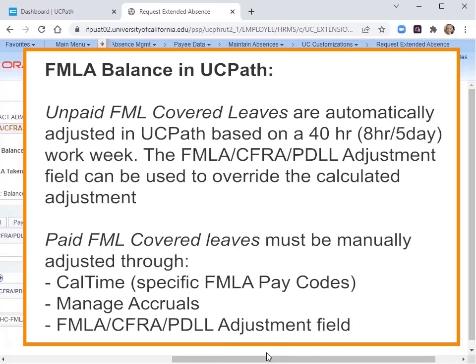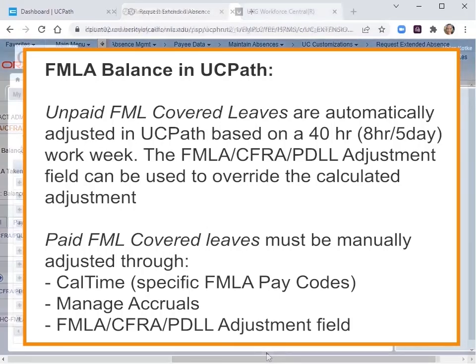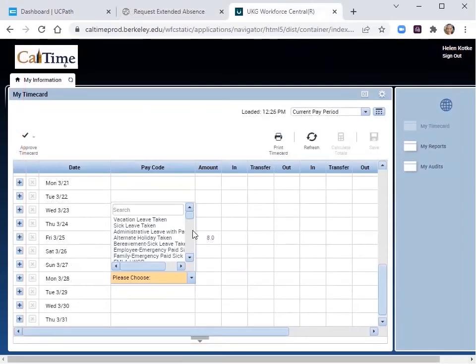Instead, this must be done manually one of 3 ways. During a paid leave of absence, FMLA CFRA PDL hours can be sent through CalTime by selecting FMLA Leave Without Pay, FMLA Sick, or FMLA Vacation as the pay code when entering the time into CalTime.